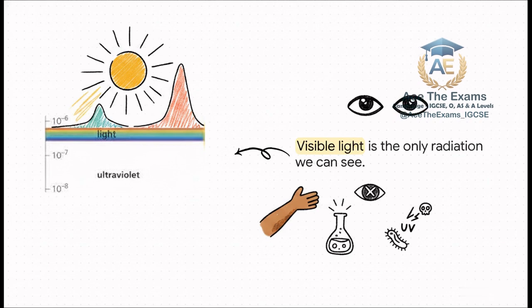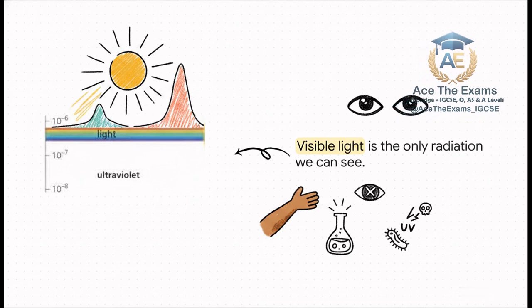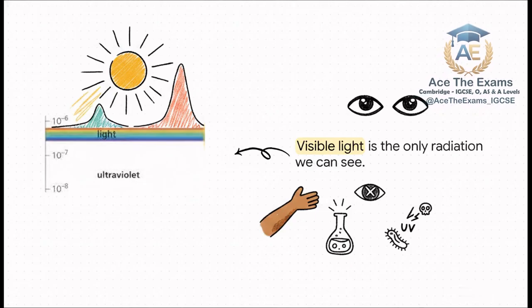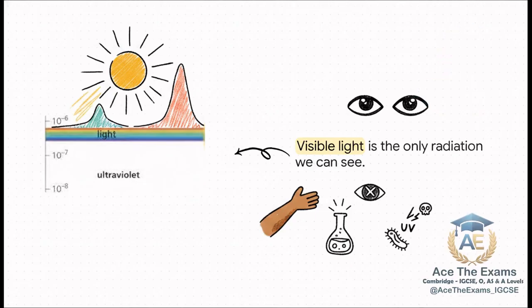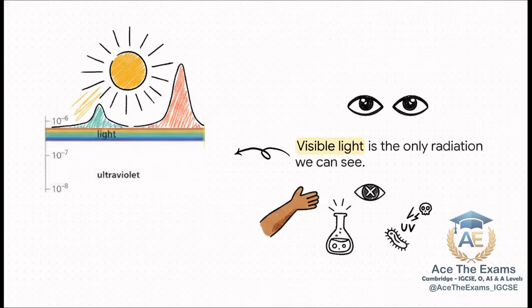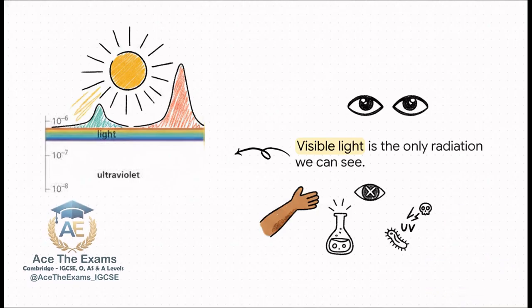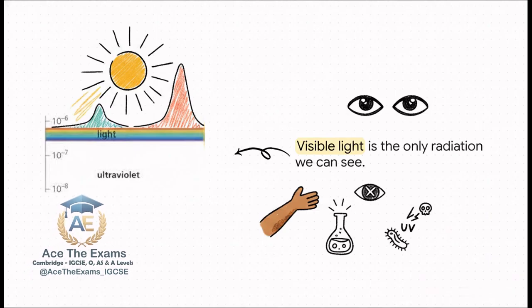this is where the energy starts getting pretty intense. UV light is what gives you a suntan at the beach, but it's also what can cause skin cancer and eye damage if you're not careful. On the more practical side, though, we can use that high energy to kill bacteria. And it's also what causes fluorescence, making certain chemicals glow super brightly in the dark.